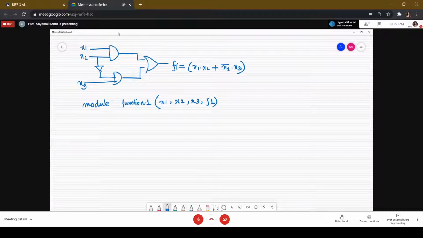So this module has 3 inputs and 1 output, which are referred to as its ports. So this module has 4 ports, 3 are the input ports, and 1 is the output port.